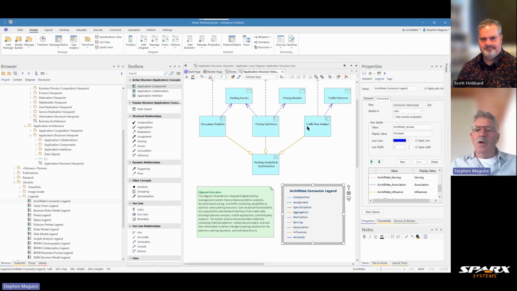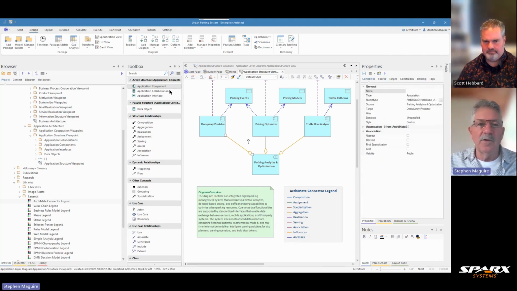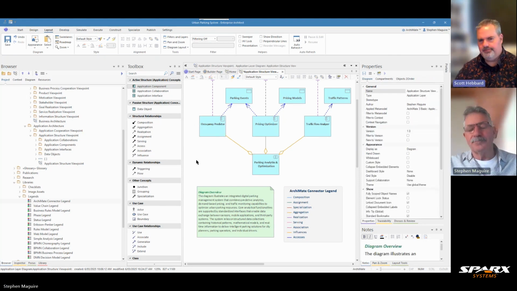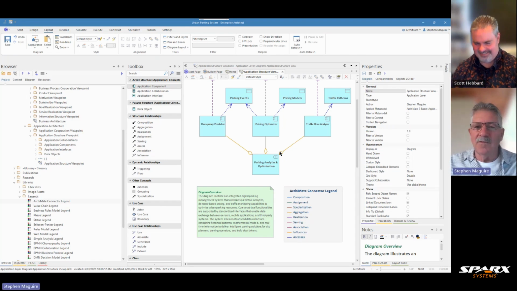So people can be tempted, Scott, to use the very powerful feature of going and changing the colors of connectors by using the layout ribbon. And I've seen people do this, and it is effective, but doing it dynamically is much, much more effective, because you're able to put different legends on and assign those colors. And this is a small diagram, but if you had a diagram with 500 elements and 1,000 connectors, that's much, much quicker. Exactly, Scott.